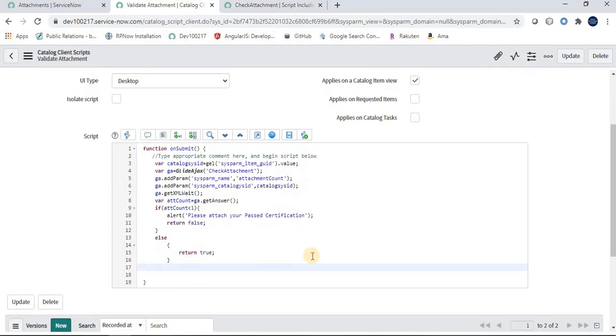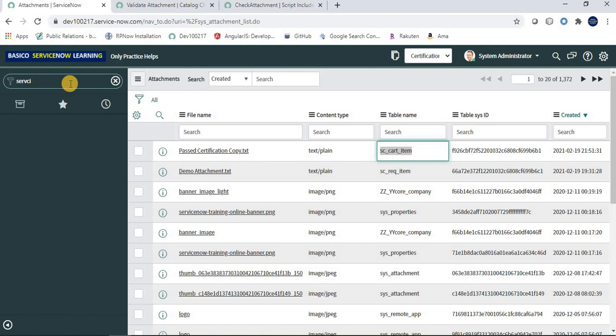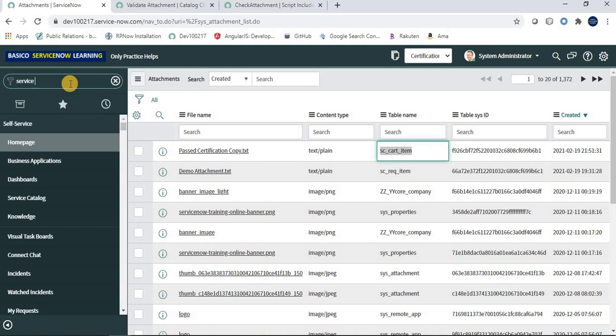Now let's see whether the attachment functionality is working or not. So go over there and here type service catalog, open in another tab.